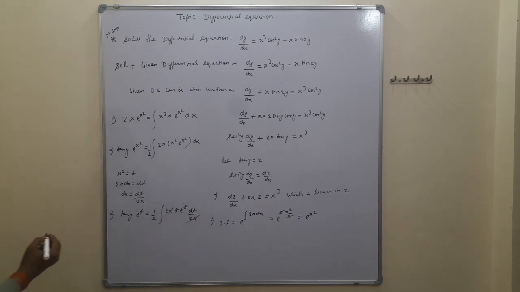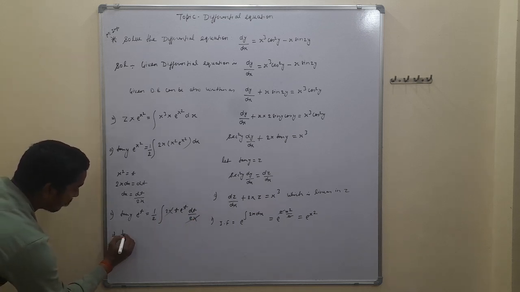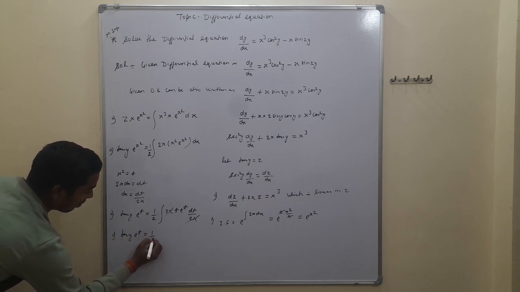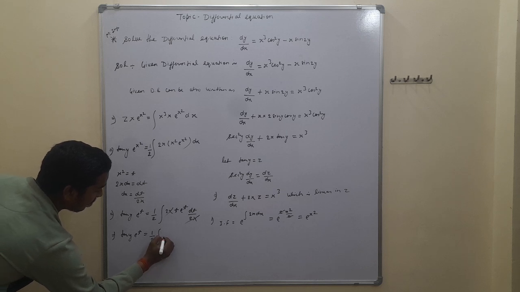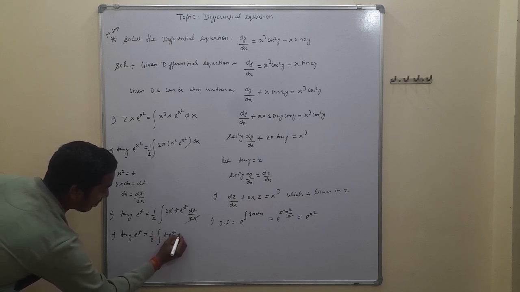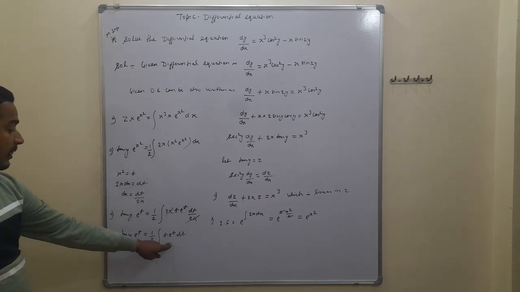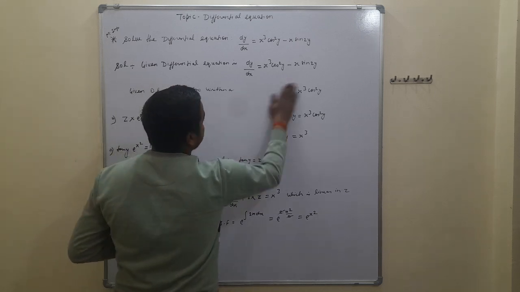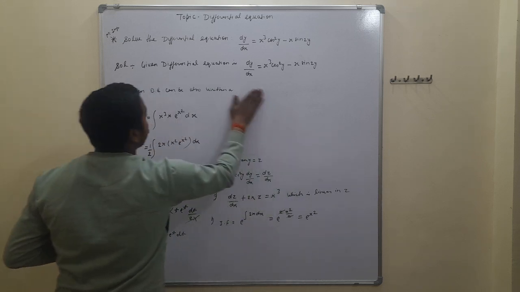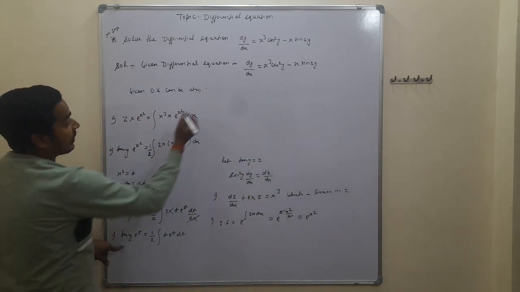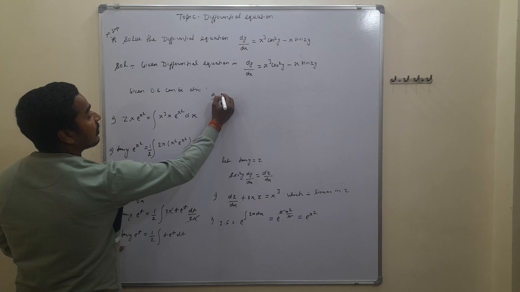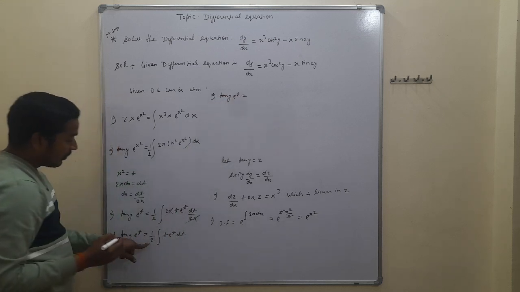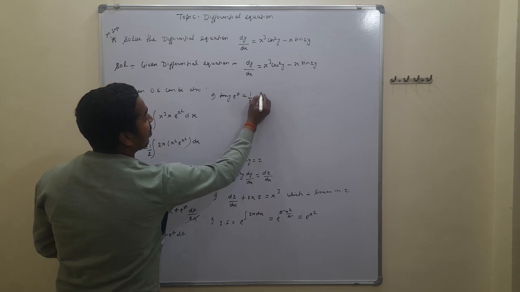The remaining is given by 10y into e to the power of t is equal to 1 by 2 integral t into e to the power of t dt, and you have to use the first second formula of integration and further solve. Once again we solve here, this is given by 10y into e to the power of t is equal to 1 by 2, and we have to use the formula